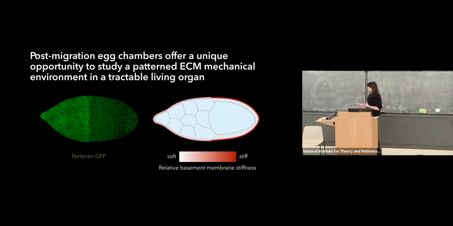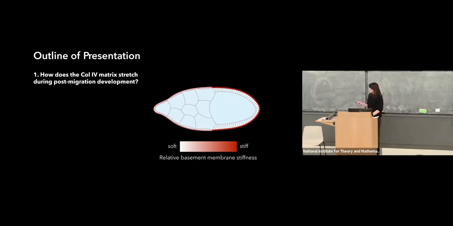And so I think this is a really unique opportunity for someone like me who's interested in ECM mechanics, and especially in a developmental system, in a living organ. We actually have a system where we can interrogate the basic material properties of the basement membrane, which I think is very exciting. So in this talk, I'm going to first talk about how the collagen 4 matrix stretches on